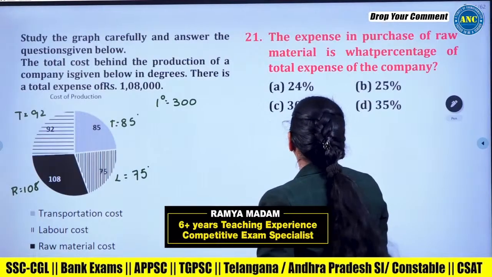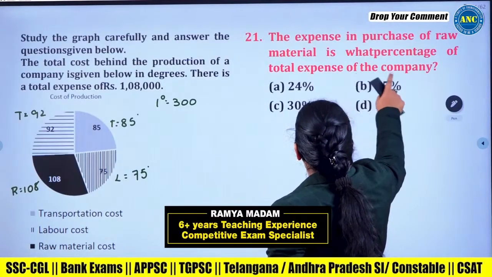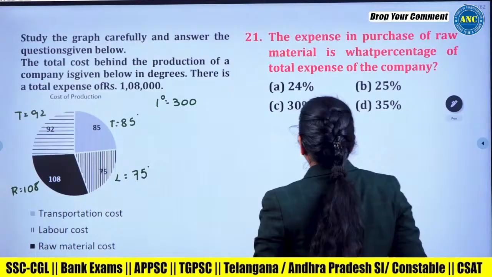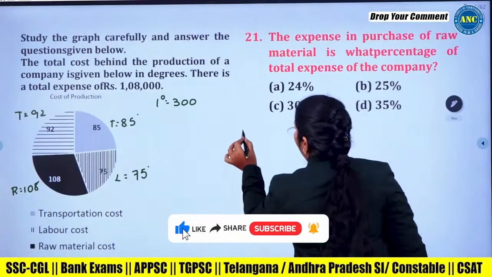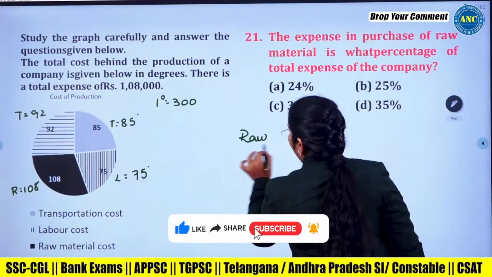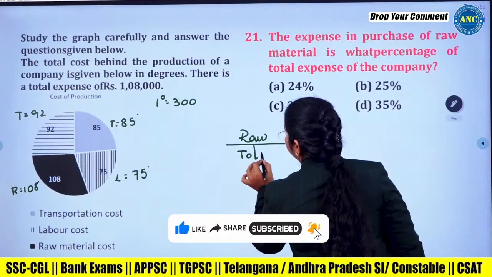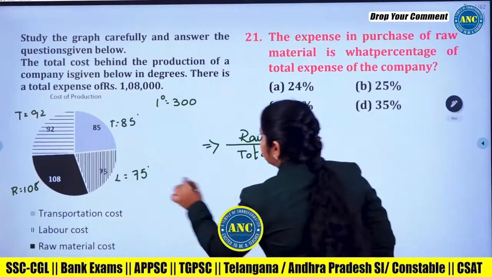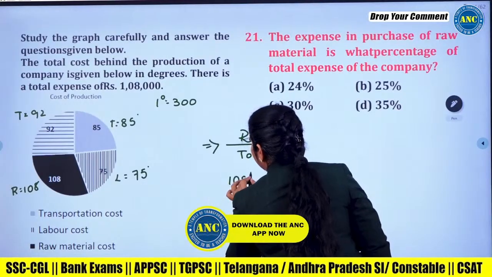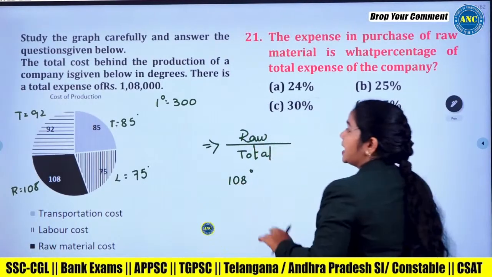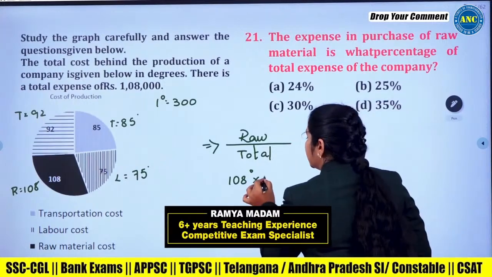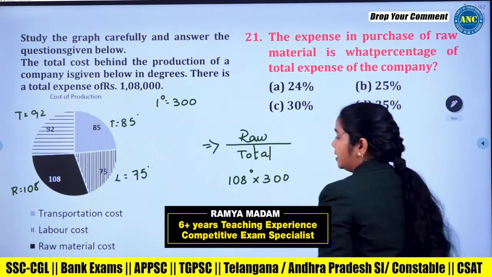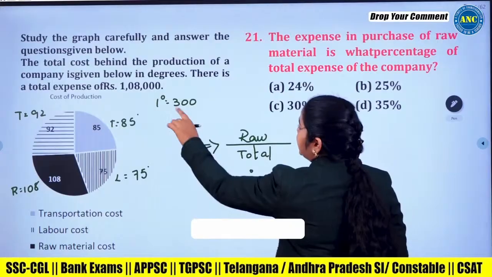So, what they are asking, what is the expense in purchase of raw material is what percentage of total expense? Raw material is 108 degree. If you convert into rupees, it's 108 into 300 by total expenses